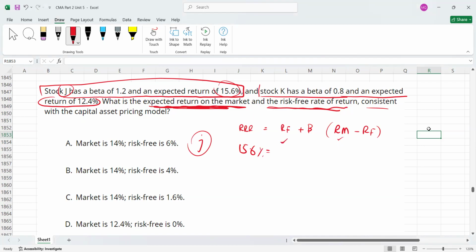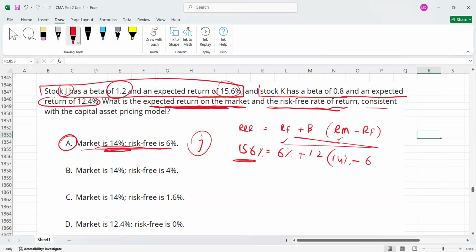So what can we do here, guys? First, we can simply try the figures from the options in this equation. If you get exactly 15.6%, it means your answer is correct, and then option A is the correct option. Let's have a look. Let's keep the risk-free rate at 6%. The beta value for J company is 1.2. Required return on market is 14%, minus the risk-free rate of 6%. If you solve this, I believe